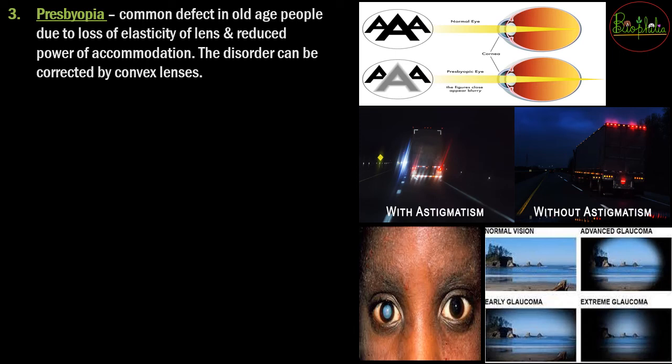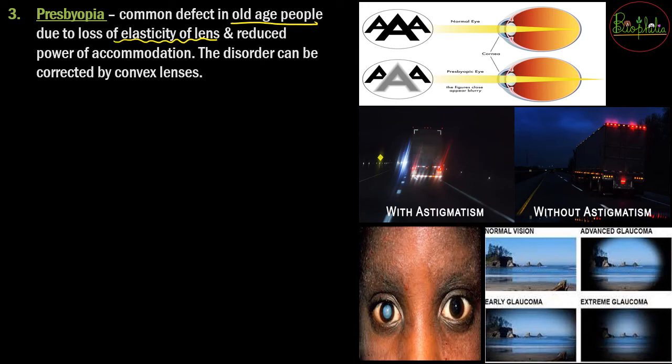So presbyopia is again a common defect in old age people because of loss of elasticity of the lens. The lens, for so many years, for so many generations, has been working to accommodate. When it is looking at distant things, it is getting stretched out, and when it is looking at near things, it is getting spherical in shape. So always changing shape,